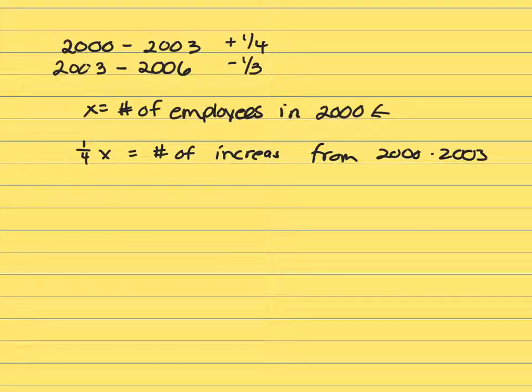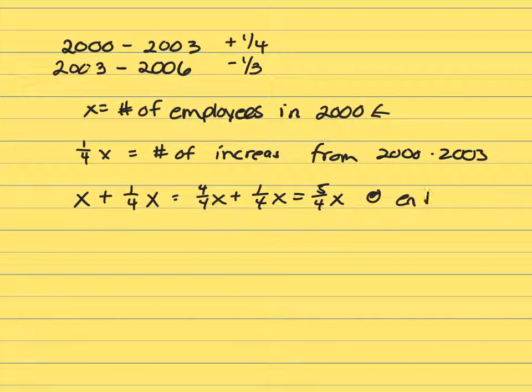All right, so if we started out with X employees, and then we add to that the number of increased employees, this gives me the number of employees at the end of 2003. And X plus 1/4 X, that's 4/4 X plus 1/4 X, that's 5/4 X at the end of 2003. Remember, we're trying to figure out 2000. So if I take 5/4 X,